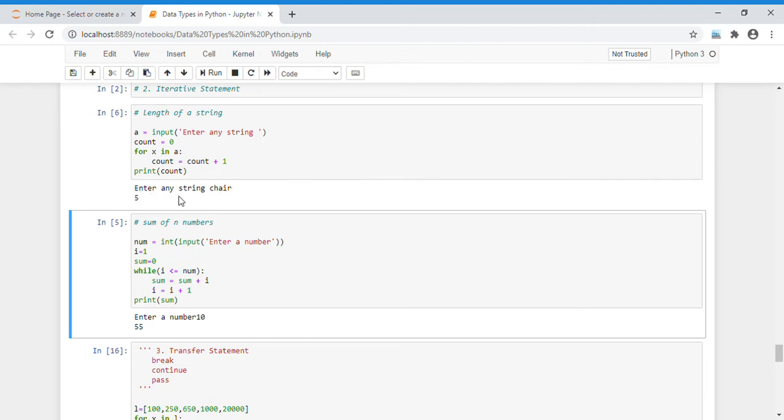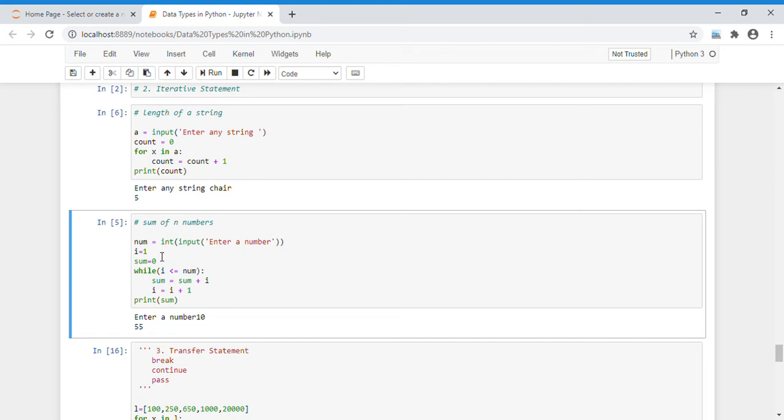Now we will talk about the while loop. In this example we have to find the sum of n numbers. For example, if we write 3, it checks 1 plus 2 plus 3 is equal to 6, and gives the output, meaning we have to find the sum up to that particular number.